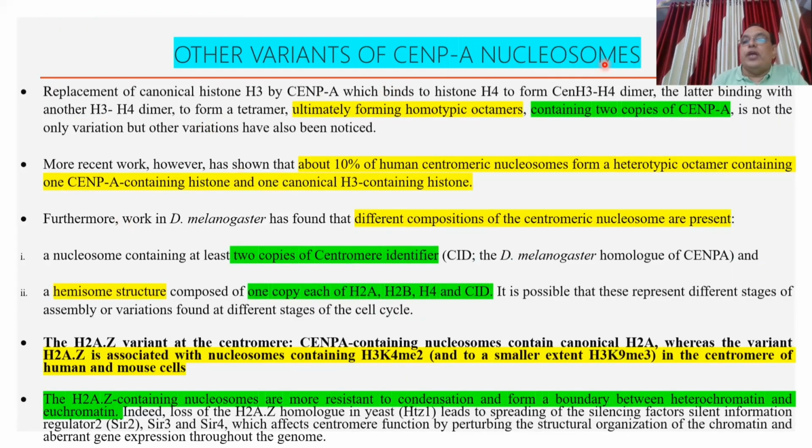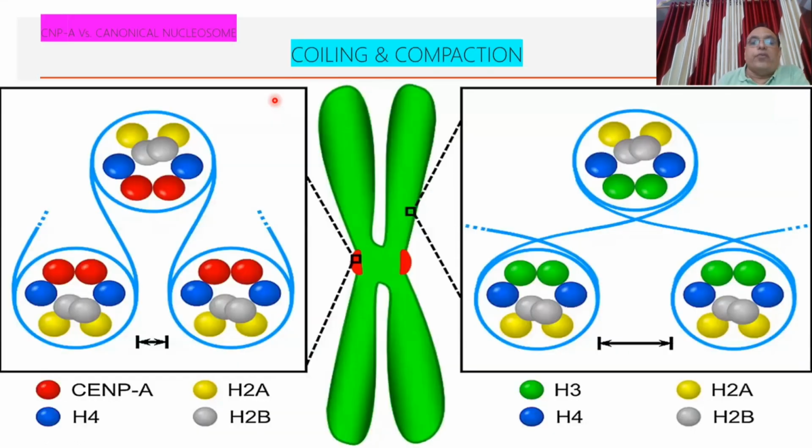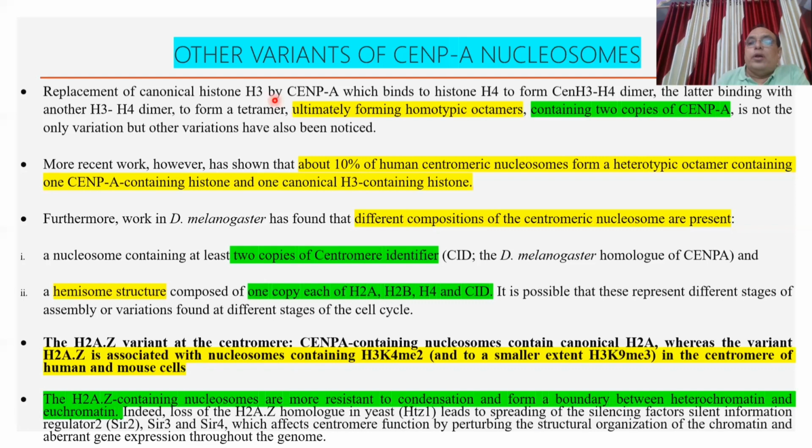Other variants of CNP-A nucleosomes. So, the most common case of centromeric nucleosome is that the histone H3 is replaced by centromeric H3, that is CNP-A or CENP-A, or its variants. But there are other